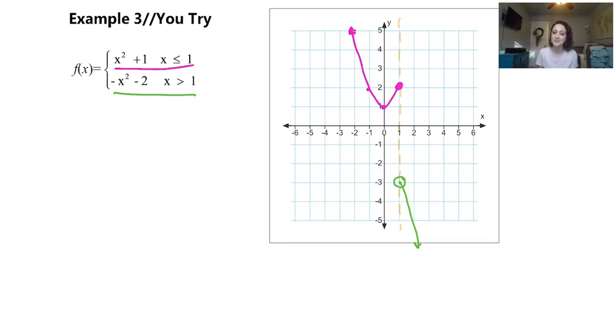And again, a couple questions. Continuous or discontinuous at x equals 1? Discontinuous, I definitely have to pick up my pencil there. And removable or non-removable kind of discontinuity? This is non-removable. Again, we can always check